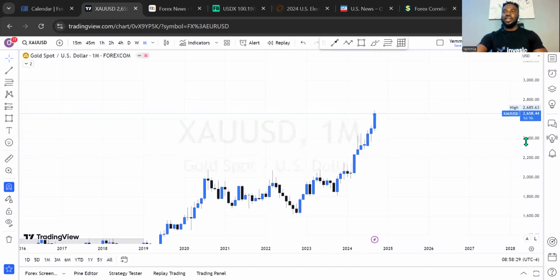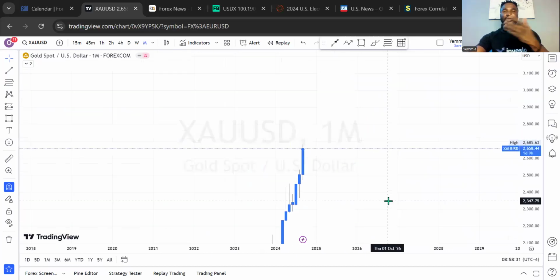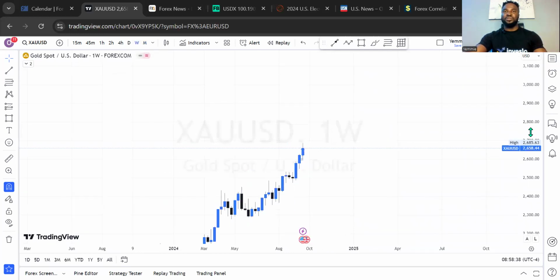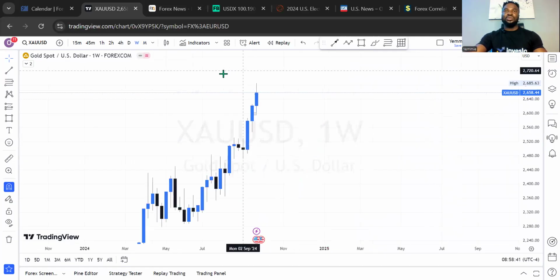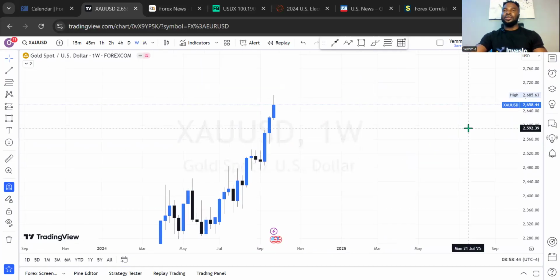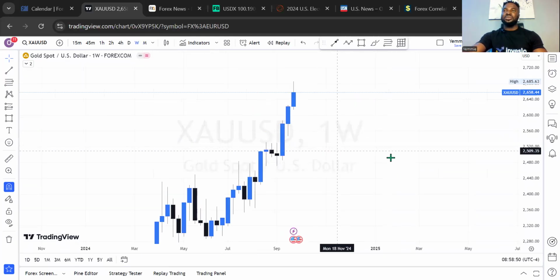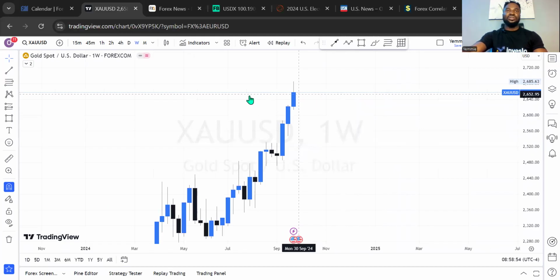And this is still a month of bullish ride for gold. Let's see what that means. It means currently there is no opportunity for such a long-term bearish movement on gold. And let's see the weekly outlook. What do we have there? It's still looking very bullish on the weekly outlook as well. Most importantly, if I'm going to be taking this, I'll be taking a cautious buy on gold right now.